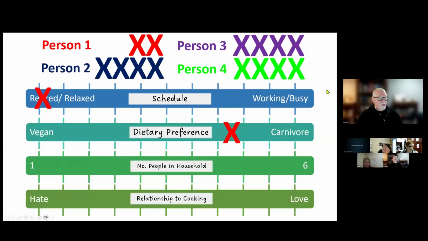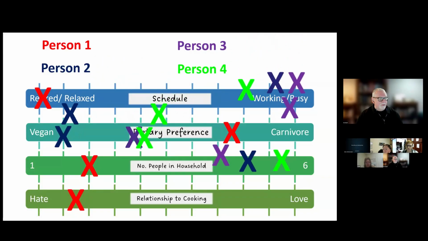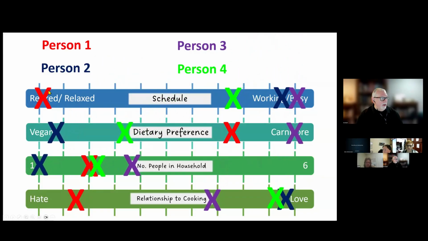So then person 1 is much more, they're not totally a carnivore only, but they prefer that kind of stuff. Person 1 also might have maybe a couple people in their household. They really don't like cooking a lot. And then here's where the other people show up on this list. Now we have a view of what these people like. What are their different preferences?